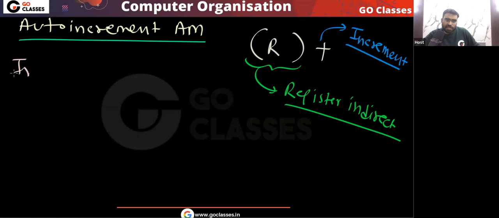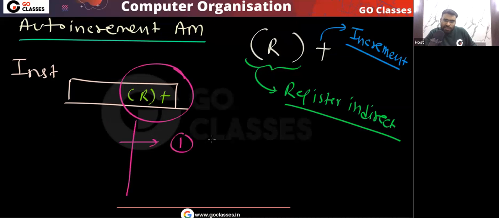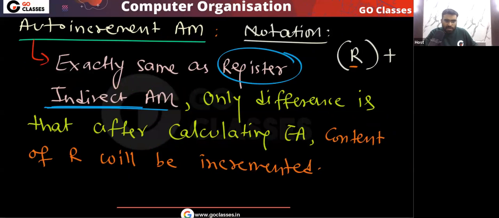When you write this in the instruction, what will it mean? It will do two things. The first thing: you will calculate the effective address. First the effective address will be calculated. That is your register indirect. The effective address will be the content of R. In the register indirect, this happens or not? If you remember register indirect,